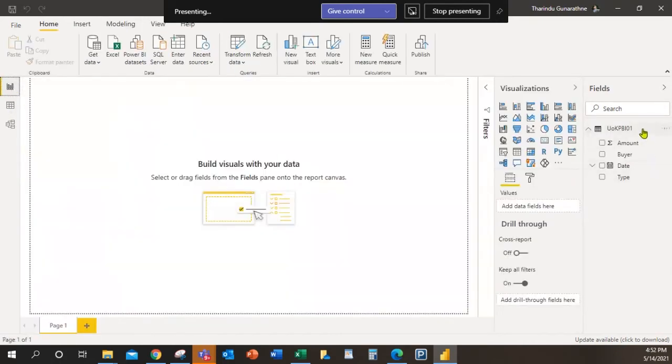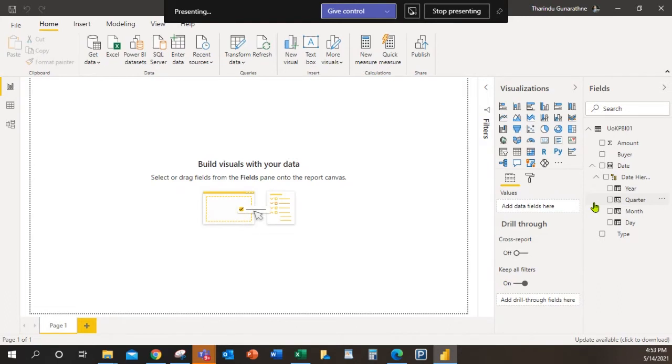Here you can see all those 4 columns were added as fields, and here you can see this date, the icon got changed because date has a hierarchy. As you know, date has the year, and the quarter, month and day. So it's inbuilt. Let's think about a date now.